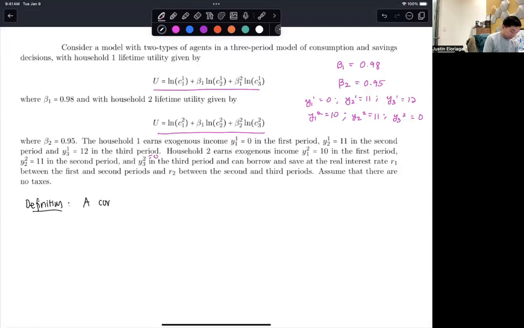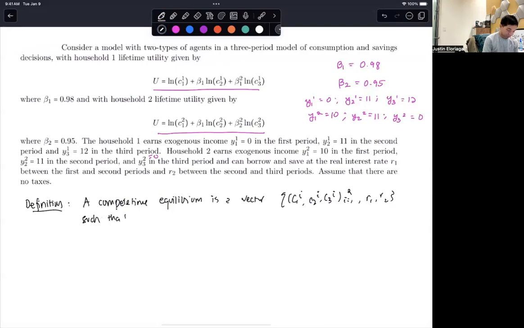A competitive equilibrium is a vector C1i, C2i, C3i, i equal to 1 to 2, R1, R2, such that, first, given R1 and R2, the allocations C1i, C2i, C3i, that is all the consumption allocations for both agents, solve the utility maximization problem,